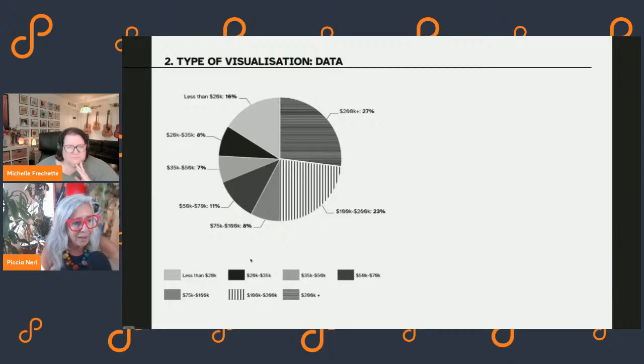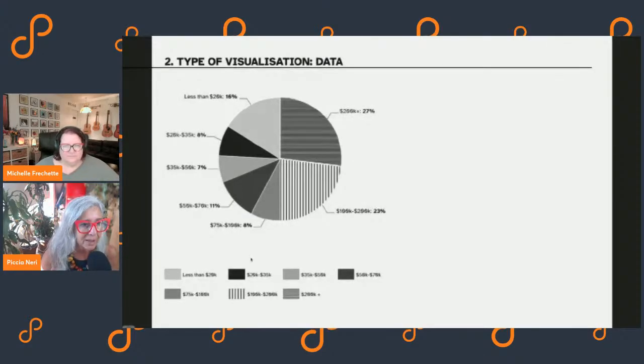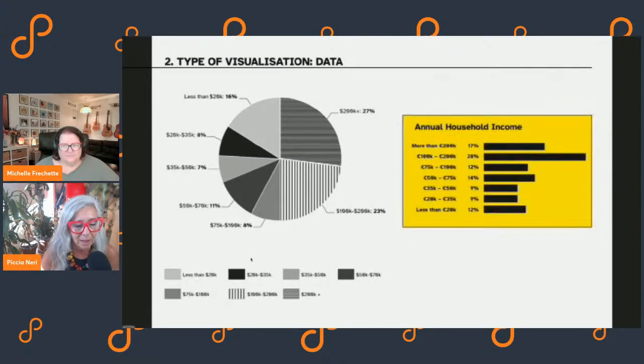And it's very clear that the richest and the poorest have the biggest slices. The richest have the biggest slice of the pie. Yeah. So the richest is half of the total, and then the very poorest have almost a quarter. So it's a very interesting story. Now, if I show you again next to it the bar chart that we had before, I don't see that story at all.